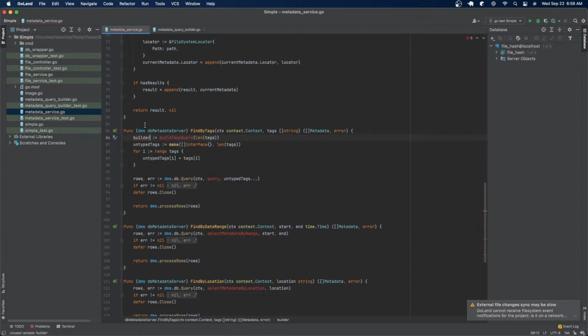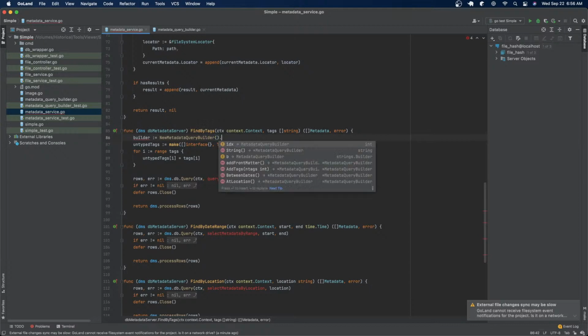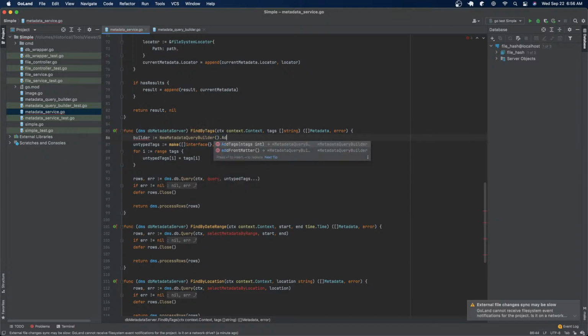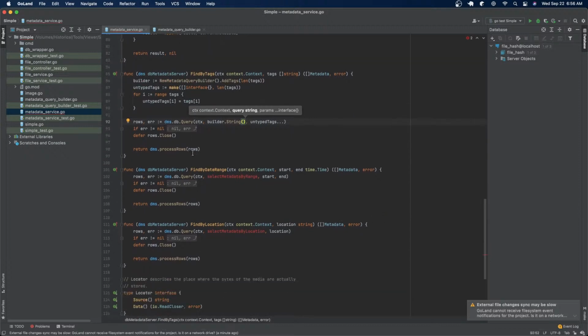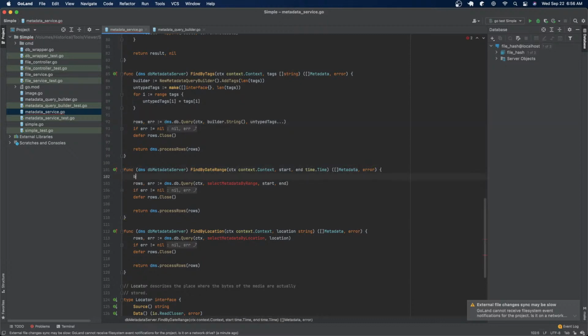builder equals new metadata query builder dot add tags, okay, builder dot string. Okay, so here we have another one where we have builder